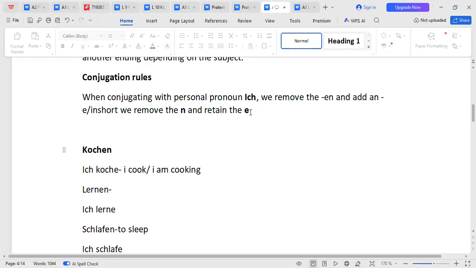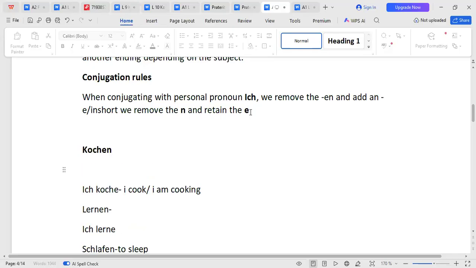So for instance, you want to say, I cook or I'm cooking. And you know, I is ich. It is simple. When you have kochen, the first thing you do before you start conjugation, and I want to give you the shortest procedure. If you have any verb, students, just remove the en from the koch. You will remain with the koch.